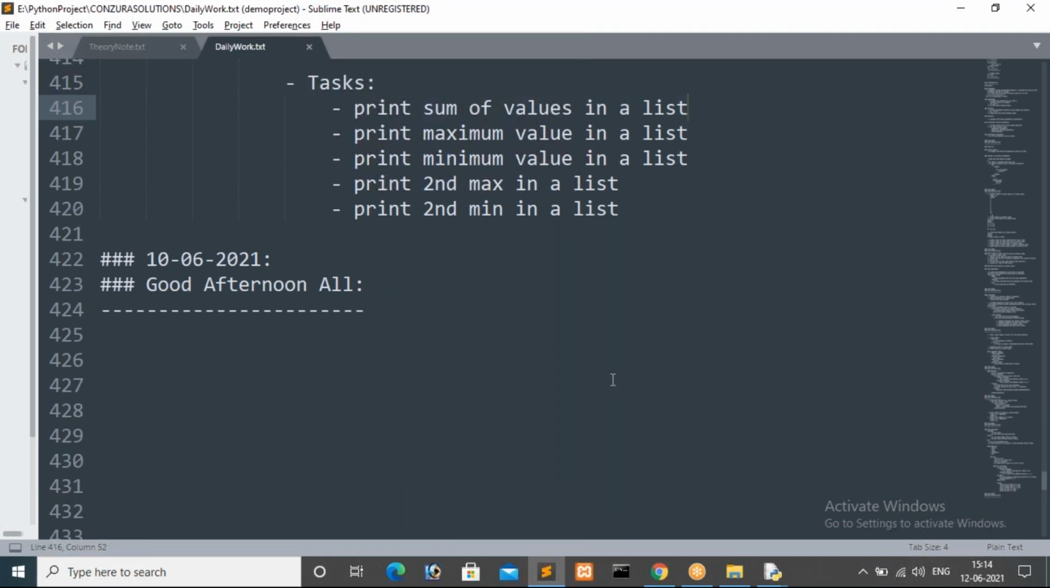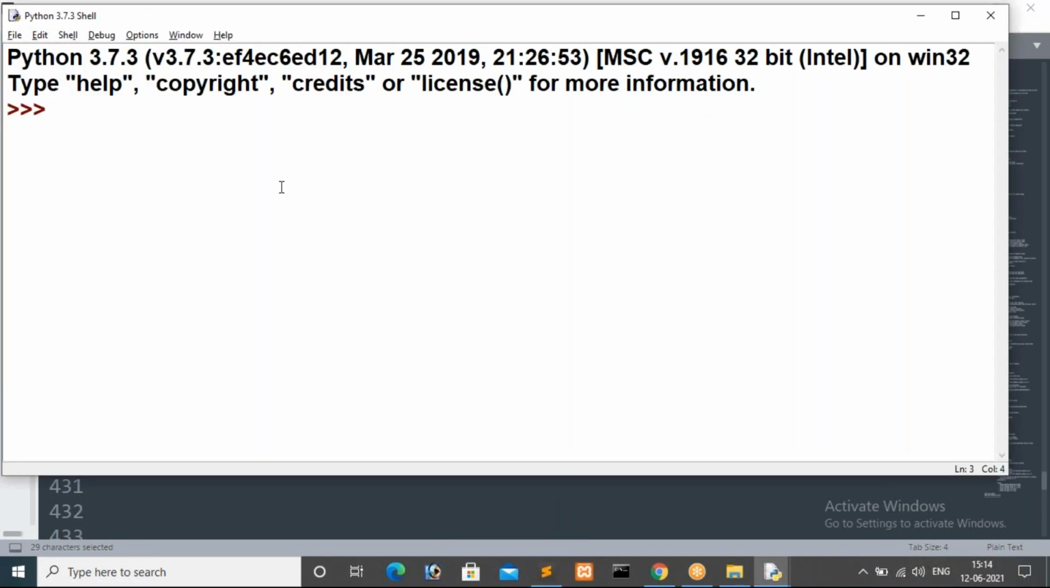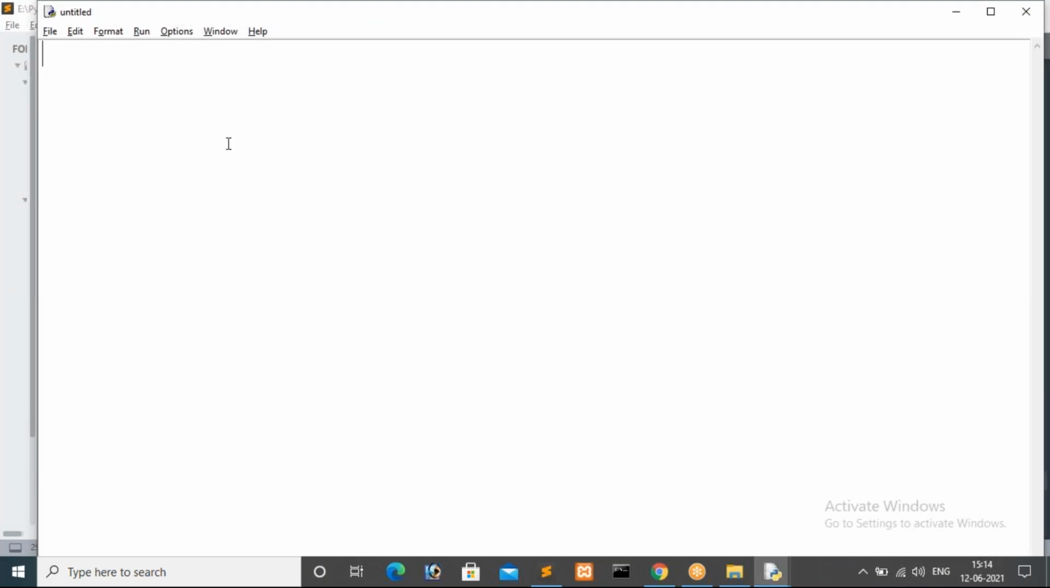So to complete this assignment, first we have to create a list with a few numbers. Just open the IDE inside your system, and there you can create one list. Here I'm going to give nums. So nums is equal to,